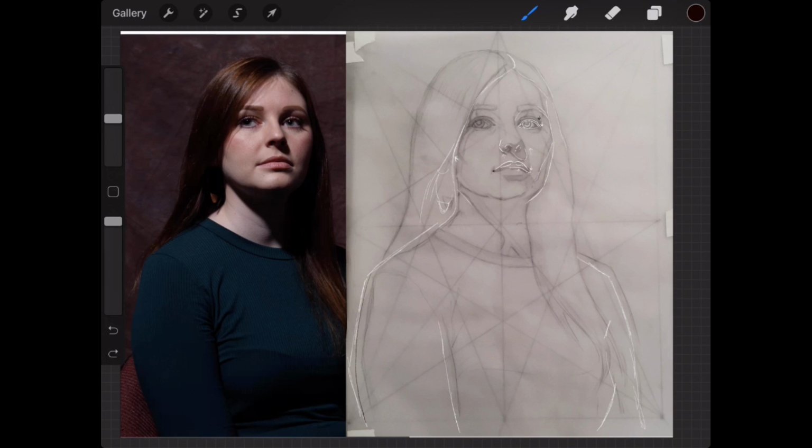Just be careful when you're transferring so that you don't press too hard, because I've had that happen where I've transferred and it leaves this outline groove everywhere, and it just shows through no matter how thick you paint. So that's just something to keep in mind.